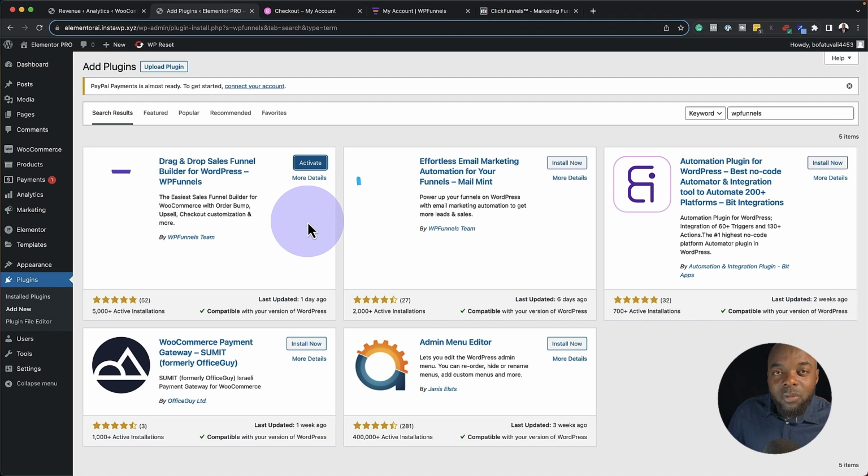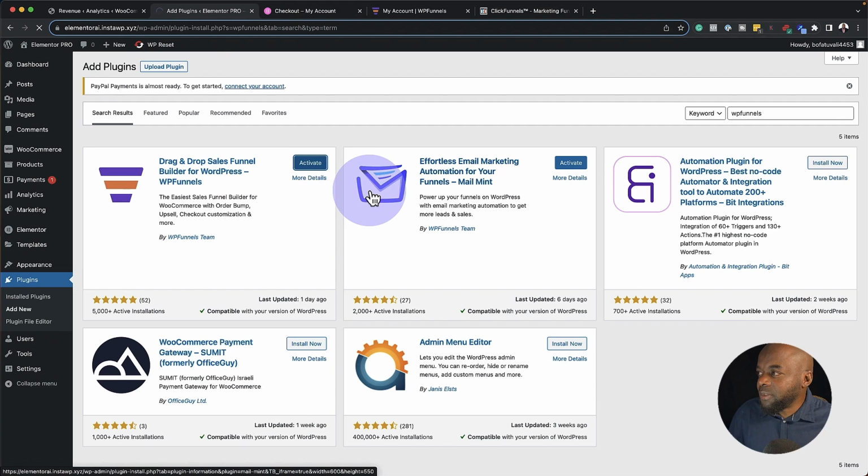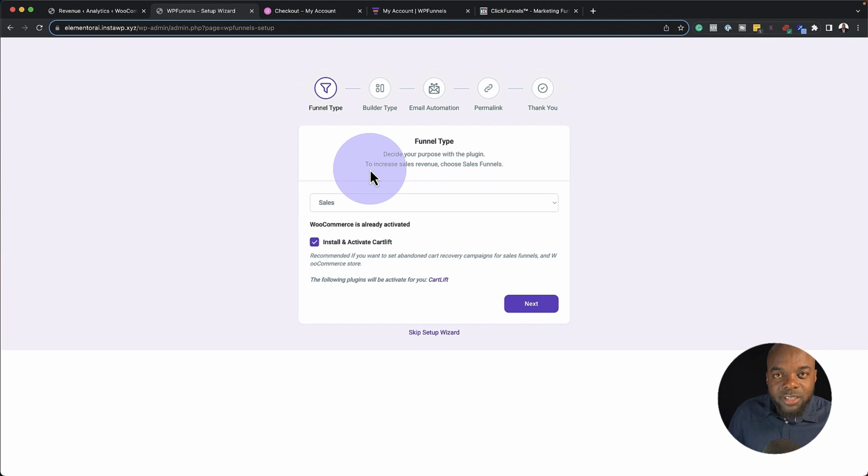Now, while we're here, we also need to manage our emails. So we're going to go now with this MailMint. So I'm going to go ahead and click on install now. So we are going to activate both of them. So for this, let's go through the setup wizard. So first of all, I am going to deactivate cart lift, and I'm going to leave this on sales and